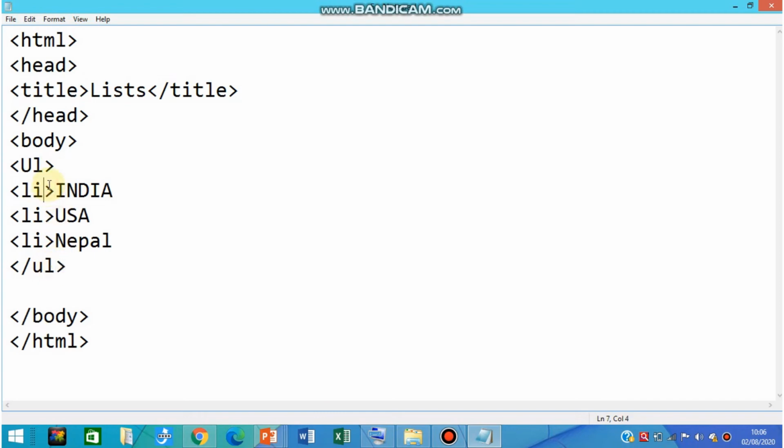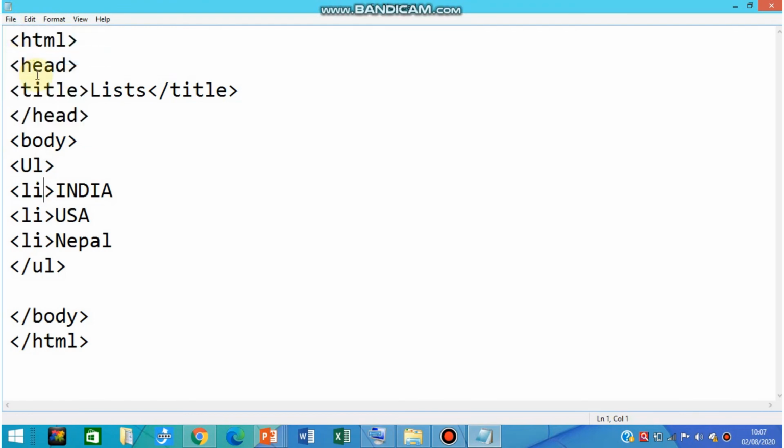Now, this list is mentioned as a bulleted list. An unordered list is also termed a bulleted list. Now, what is a bulleted list? You will come to know after we load this document using Google Chrome. The one circle that appears before the contents of the list is known as the bulleted list. Now, save it.